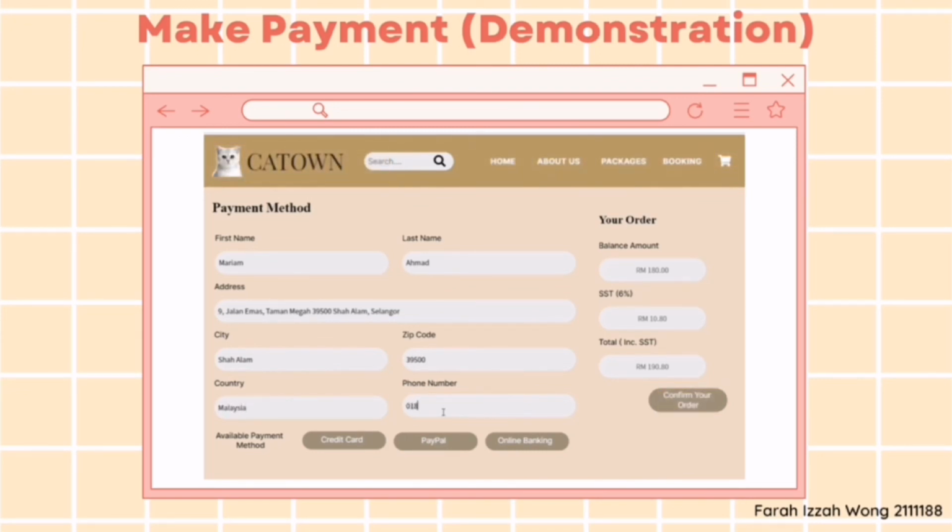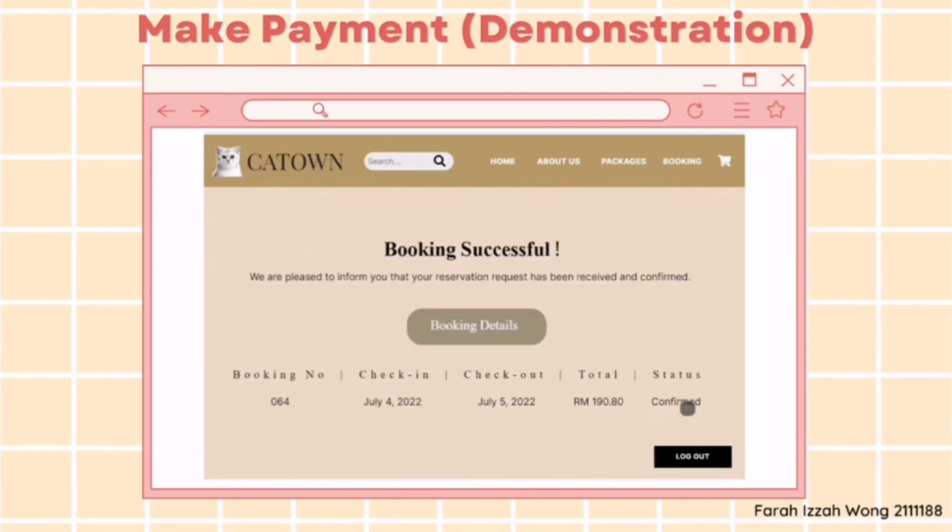Your phone number. And then we have 3 options to pay. We click online banking and then confirm your order. When you click online banking, you will be navigated to the acquiring bank, and then you click confirm your order. Booking successful.